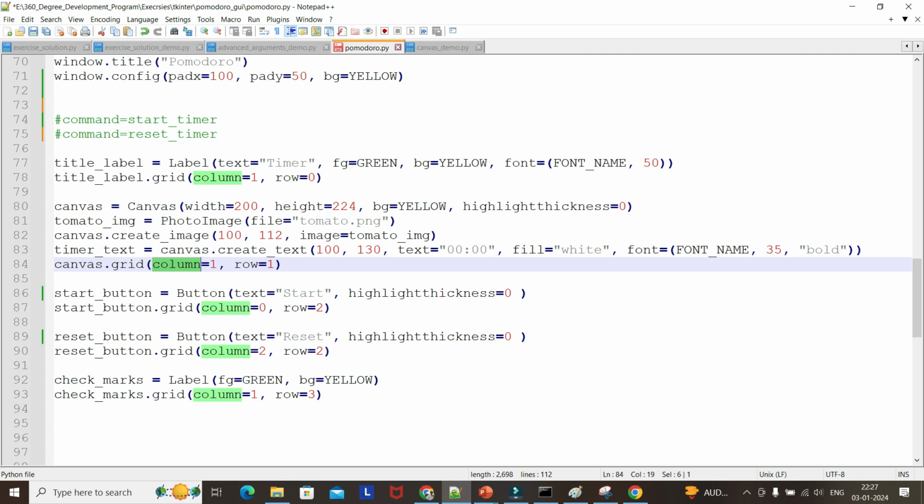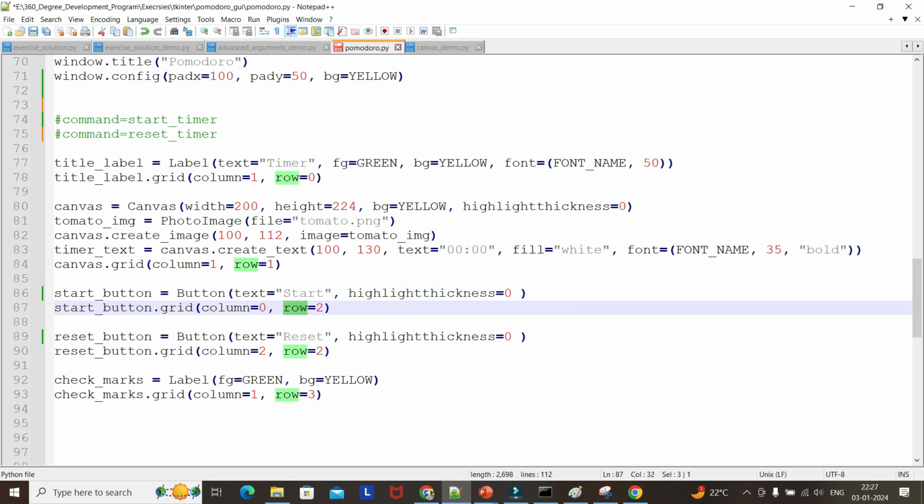So label, if you carefully observe, first row and the second column. Because the indexes will start from 0, the label will be kept at 0 comma 1. So it's like 2 by 2, the column will be 1 and row will be 1. So at second row and second column we will be keeping our canvas. Inside the canvas only we will be creating similar kind of stuff for buttons,